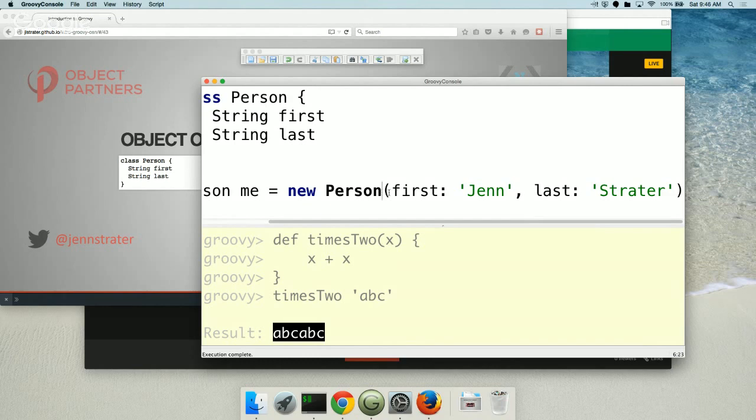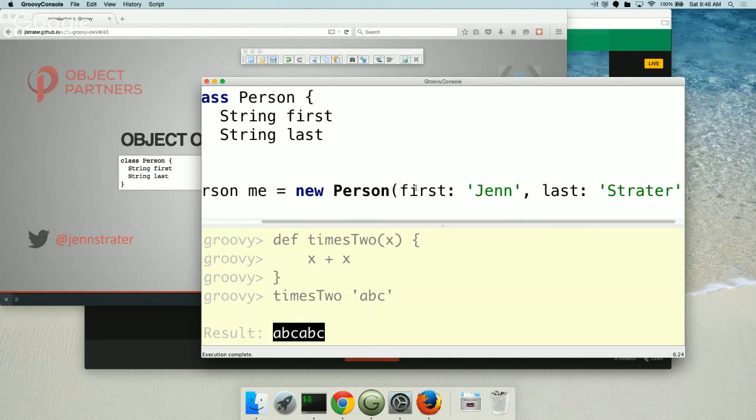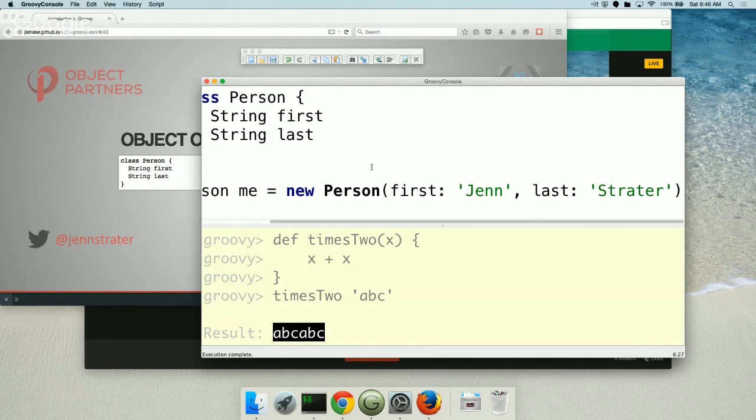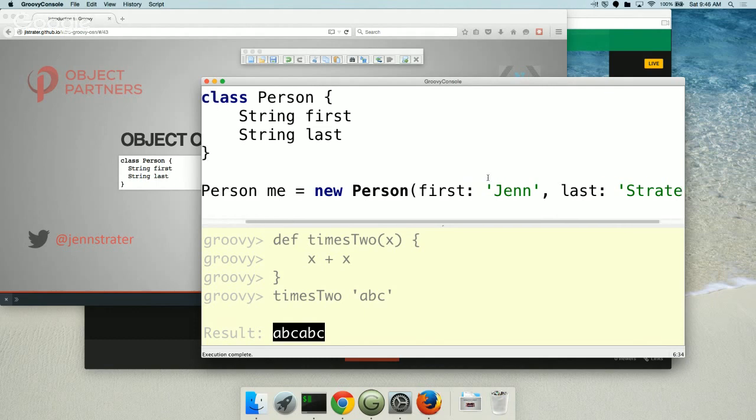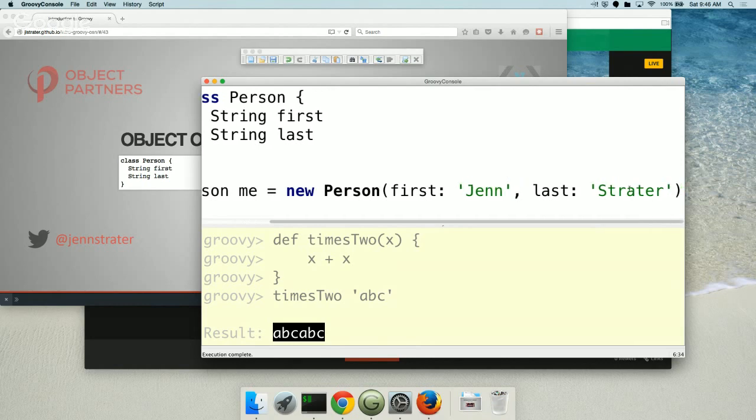You may be used to having to do new person and then person dot for each, and setting each property. There's a nice shortcut here that you can use these names and define them right here in the constructor. So it's building up all of these helpers to use, so we don't have to do all of that boilerplate stuff.